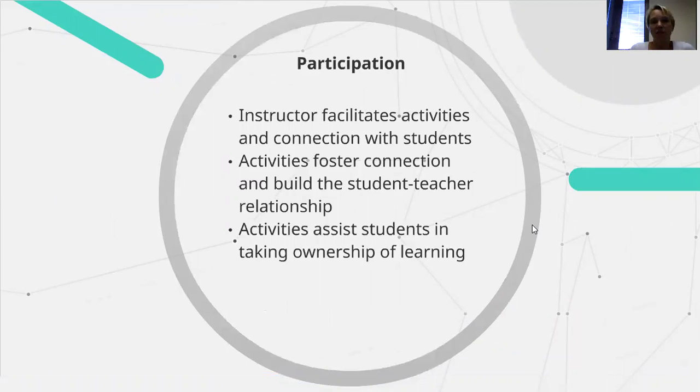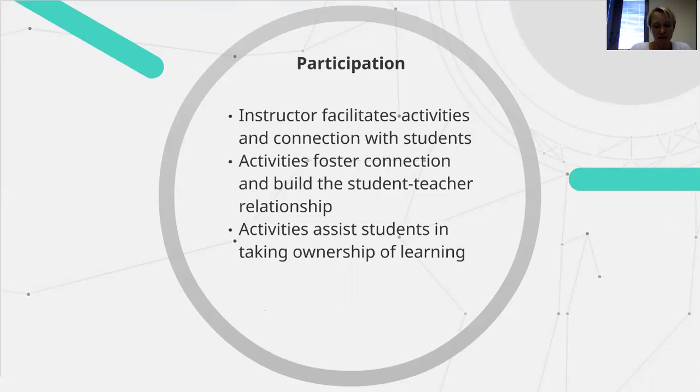The instructor as well as the student are participating in this plan. The activities all work together as a package to increase communication and connection between the instructor and students. Although the instructor is going to facilitate and help maintain the communication and connection with students, the students will also have activities to do. What I'm trying to do is help students take ownership for their learning.